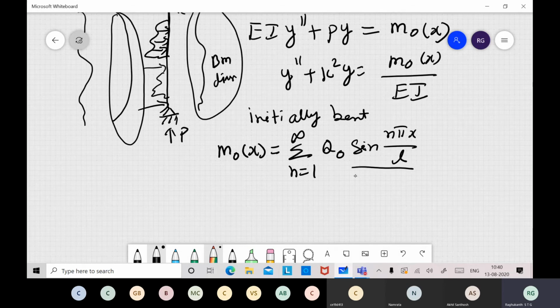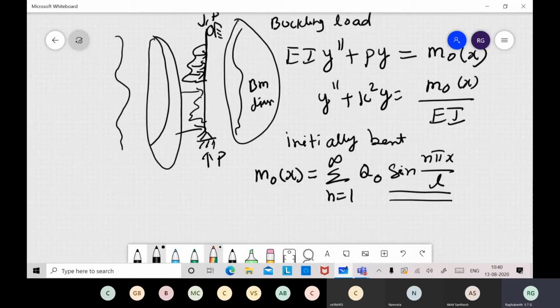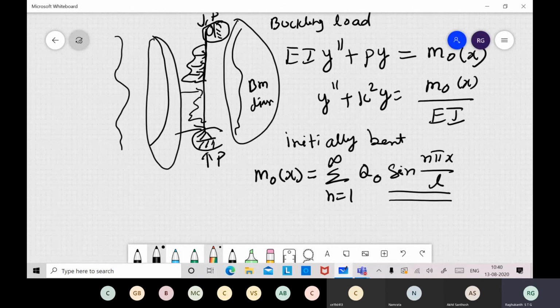Now, why have we taken sine? Fourier series means you will have a sine term and a cos term also. You can take sine or cos depending on the boundary conditions. For a simply supported beam, at both supports the bending moment has to be 0. So this term only satisfies, cos doesn't satisfy. If you are working with fixed or cantilever, then instead of sine you may have to write cos, or if you don't know anything, you substitute both sine and cos and automatically some terms may become 0.